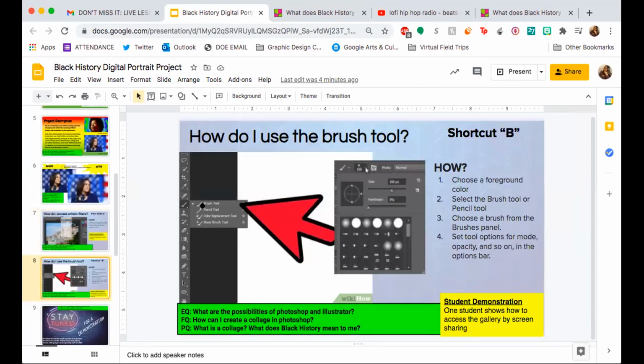So we have the brush tool. It's in the toolbar on the left side of your screen. And what you do is you pick a foreground color. You can pick the color on the right side of your screen in the panels. And then you can select your brush, choose the brush from the brushes panel, and then you can specify the brush. We can change the opacity, we can change the color, the style, and all that. So I'm going to stop my share.